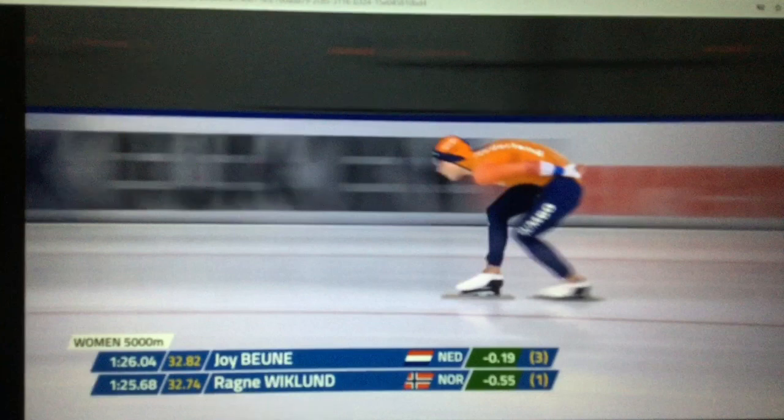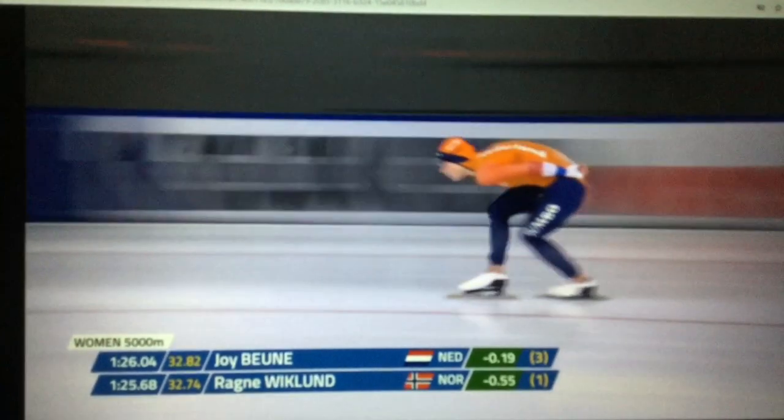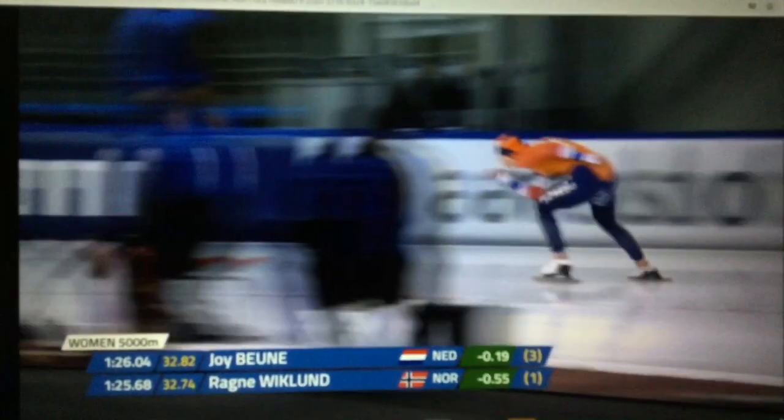Here we can see Joy Boyna, who's pretty late here. We're not going to focus on her, but that's a good freeze frame of maybe why she didn't do too well today. She's got two skates on the ice a lot there, and better things ahead for her. Her personal best is also very good, so hopefully she'll clean things up. And let's move on to the focus of today's session,